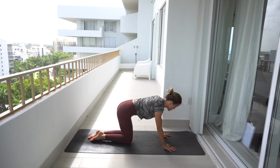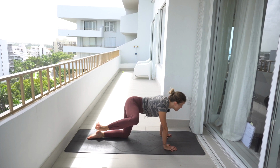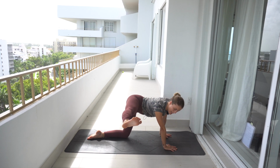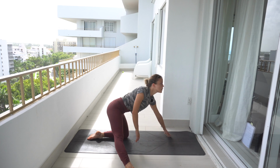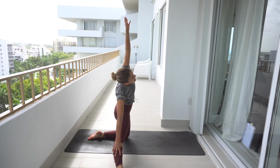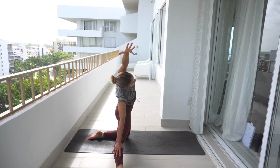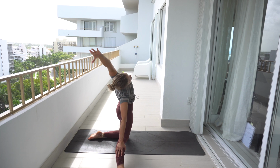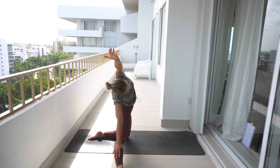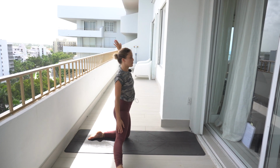One more time, we're going to just do the first part of the exercise. Opening the hip, lifting the knee to hip height. We're going to lengthen the leg as much as we can, dropping the foot down, lifting the torso up into a gate pose. We're going to walk the right hand along the right leg. Imagine you are between 2 planes so the chest can't close or open too much. The hand is facing down, lengthening the left side of the body and coming back through center,